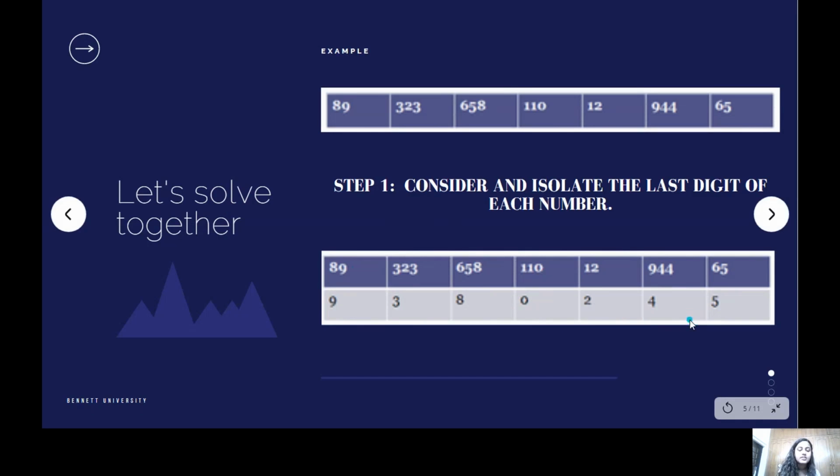And with that, the value that we have with the smallest key, which is 0, in this particular case will be the first element in the sorted array, and after that will be the value with the second smallest key, which is 2, and so on. After that, we'll have 323 and then we'll have 944, and this will be followed till we've reached the end of the array.